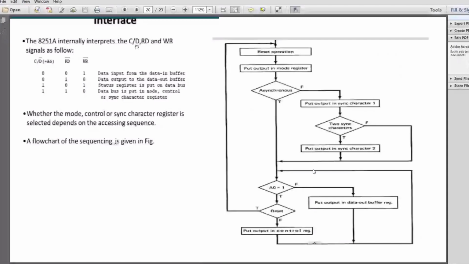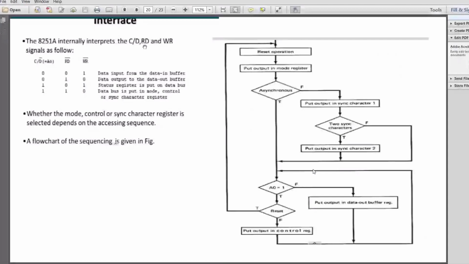If C bar D is with read, it is data read. And if it is C, that is 1, and read, it is status read. If it is write with C, it is writing a command word, or write with the data bus means writing transmitted data.